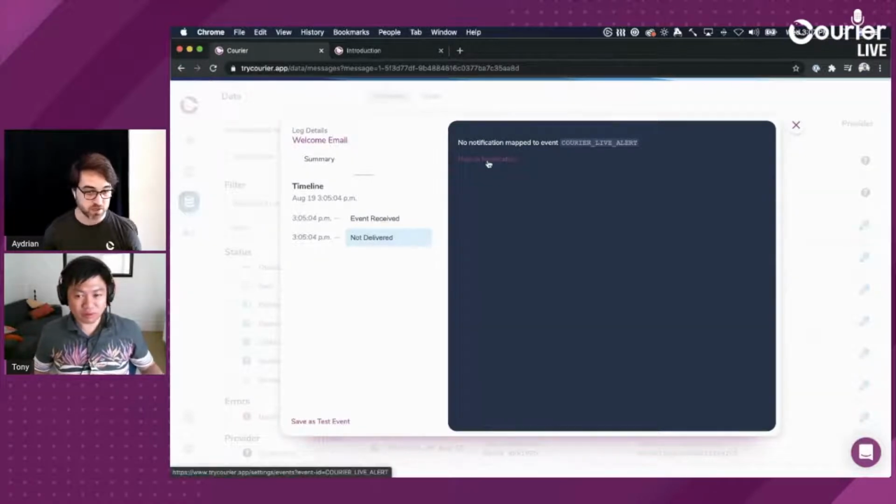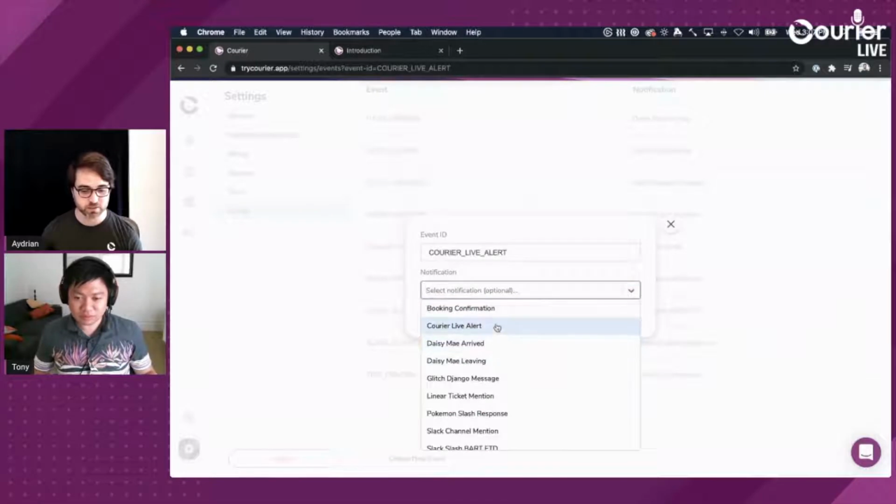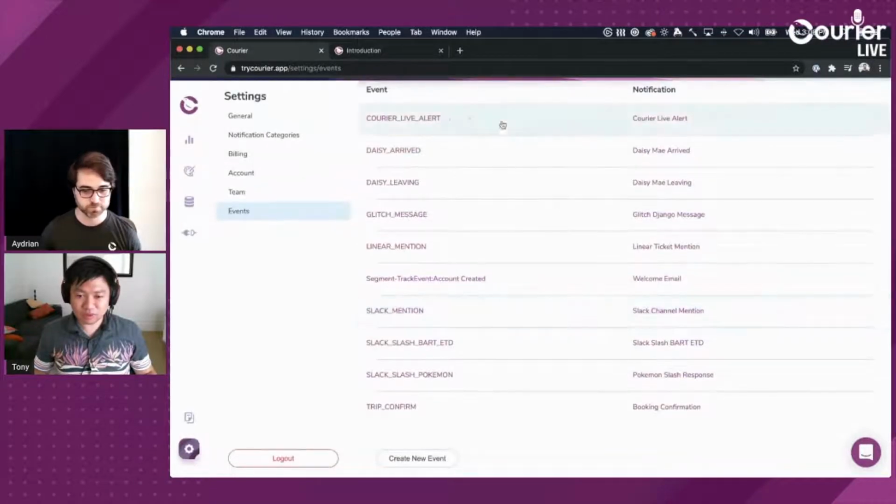So from the log right here, we can go ahead and we can map the event. And so before we started, I went ahead and set up a Courier Live alert notification. And so if I save that, that will map that alert. And you can see that we are now in the settings events section of the app. And you can see the event. So whenever this event comes in, we're going to push it to this notification. And if we go back to the logs,